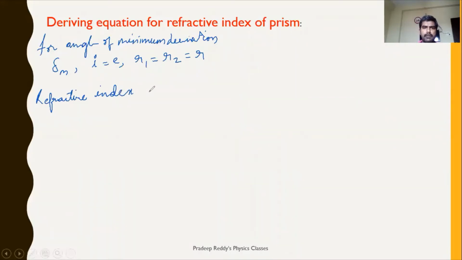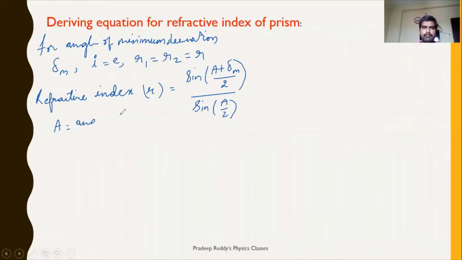Refractive index mu is equal to sine of (A plus delta m) divided by 2, by sine of A divided by 2, where delta m is the angle of minimum deviation and A is equal to the angle of prism. Fine. Usually when we take this formula, refractive index, it is sine of (A plus delta m) by 2 by sine A by 2. For small angles,